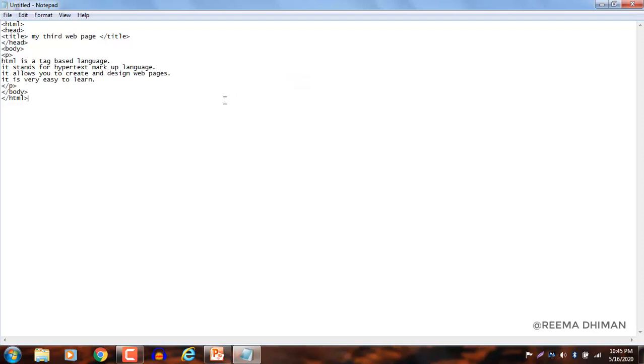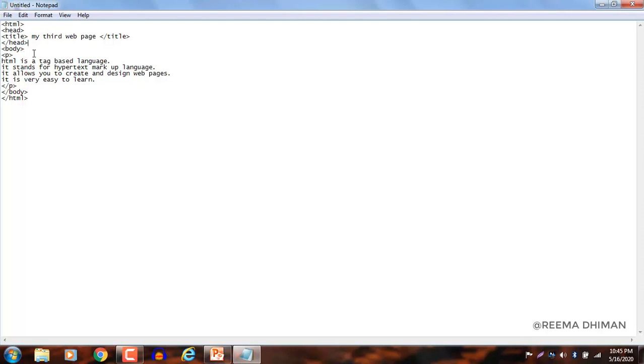Same as before, we have to open Notepad and type. For understanding the use of the p tag, I have written a code here. Till this point I followed the same procedure: opening HTML tag, then head tag, then title tag, and then closing head tag. After that I have to give a paragraph in the body tag, so I'll open the body tag.